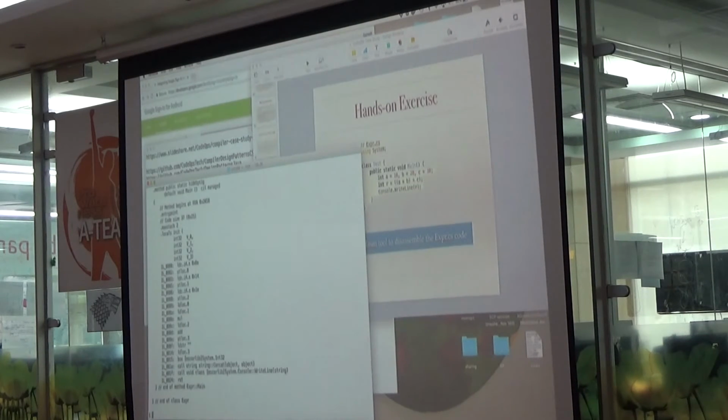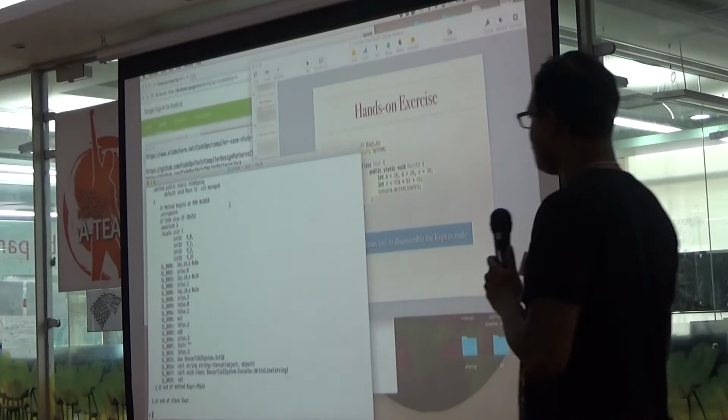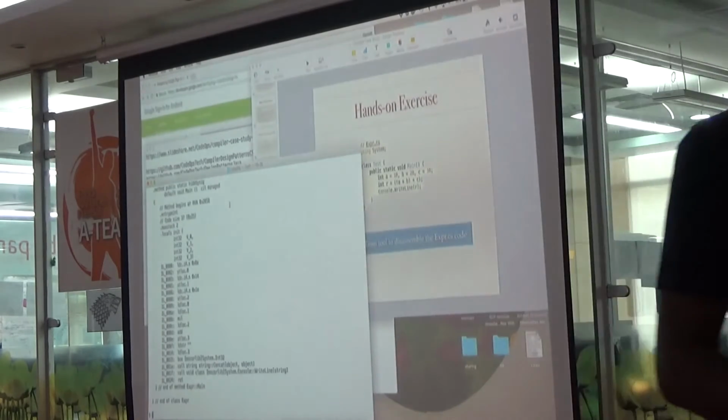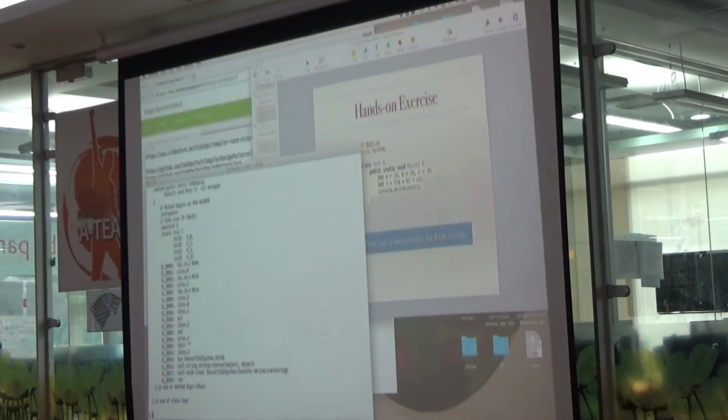What I did was, I'm just showing you the IL disassembler. I'm using a Mac, so I'm using Mono here. I just compile this code, and this is the bytecode that you get, and you can see that this is not far-fetched. This is the actual bytecode that we are talking about. Are you with me so far?